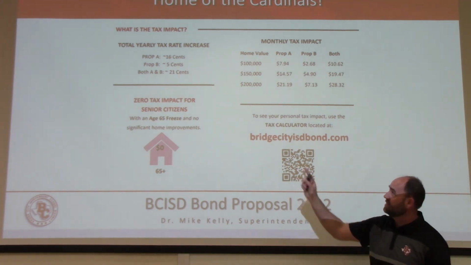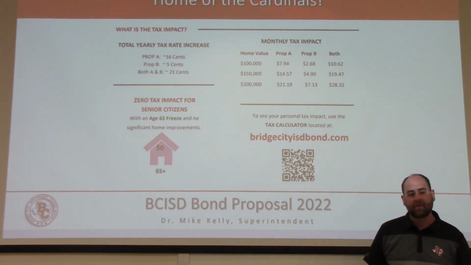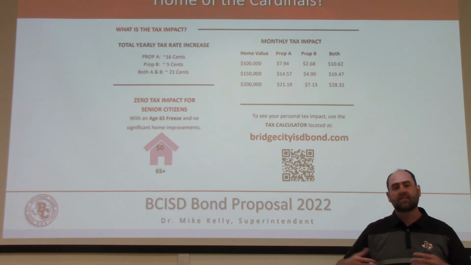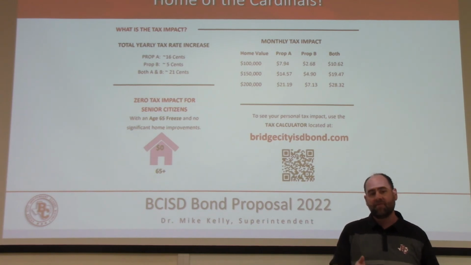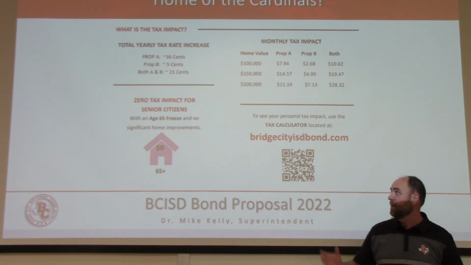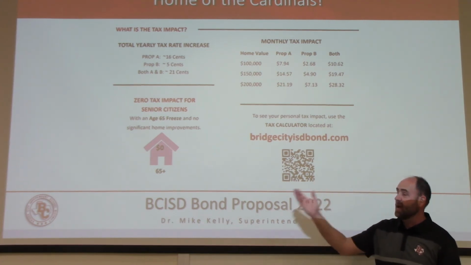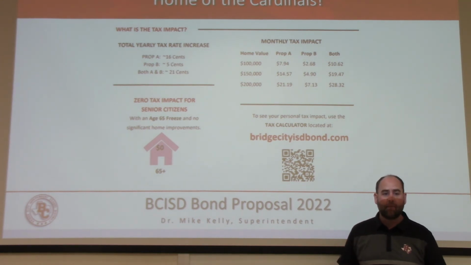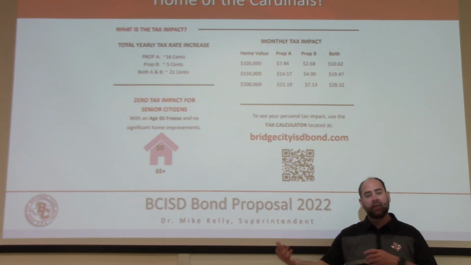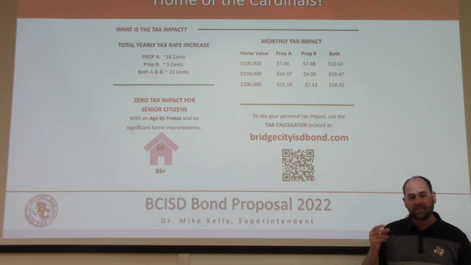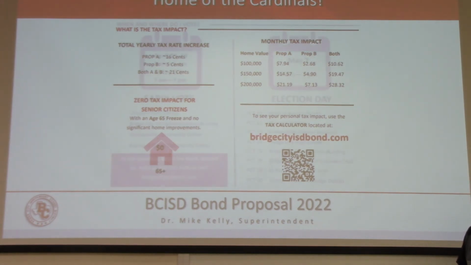The last thing I want to say about taxes is, when would this happen? If these bonds were to pass on May 7th, it's not like May 8th, boom, 21 cents and here we go. First off, the earliest it would happen is September 1 of 2022. The other thing is, depending on how these bonds are structured, depending on what we are able to get done in the first year or in the second year or the third year, those taxes would not all have to kick in right at once. It could be 5 cents in the first year. It could be 8 cents in the second year, and the last 8 cents in the third year. All 21 cents won't happen overnight. They don't happen May 8th. The earliest that any impact would happen is September 1st.